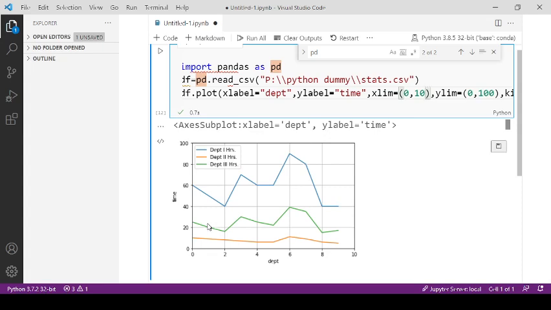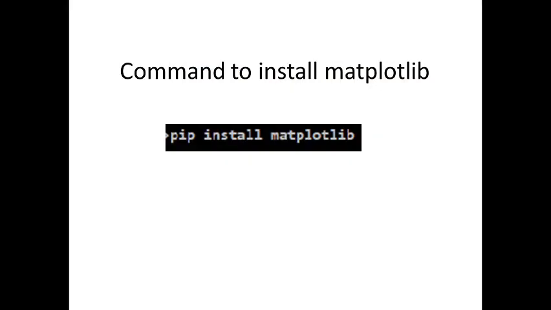So we have a number of parameters we can use with this plot function, and this plot function is a simple wrapper around matplotlib, and we have a simple command to install the matplotlib library. So we have this command, pip install matplotlib.